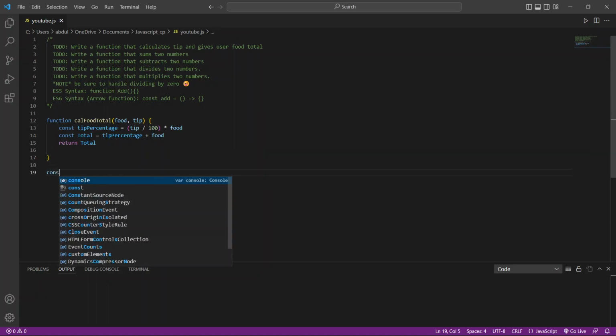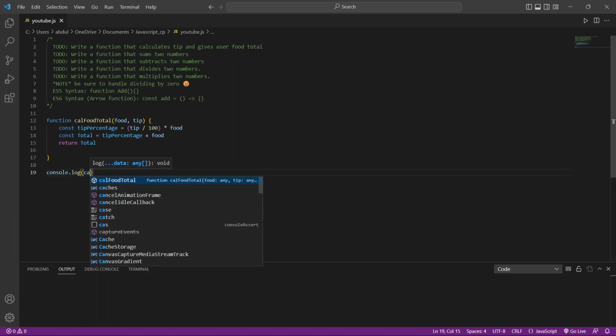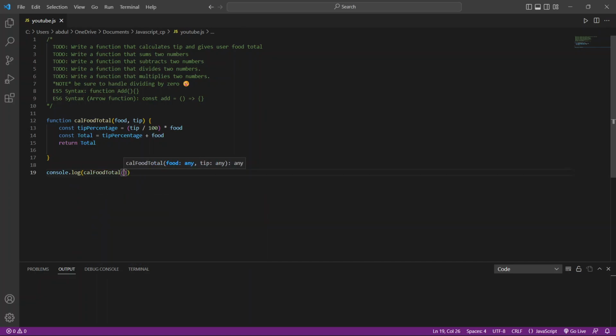And then to check this, we're going to do console log, then call the function, food total, and then we're going to input food and tip. Let's say like I said earlier, our food total is 500, and our tip wants to raise 5% of 500. So this function is just going to add our food amount, which is 500, plus the percentage of the food, the tip. You're going to add them together, which is then going to output our